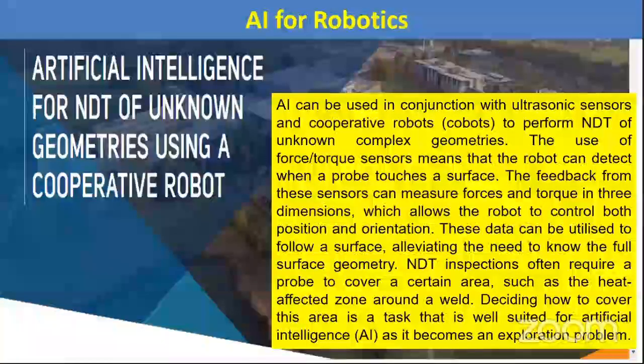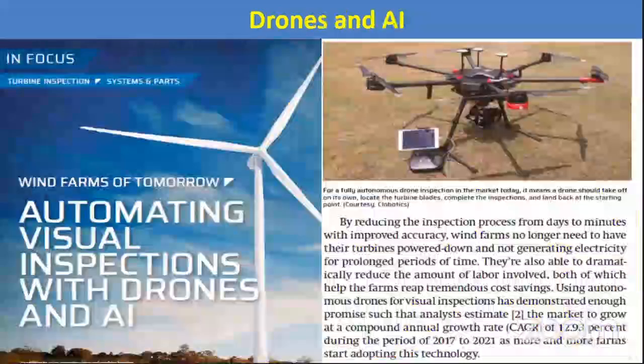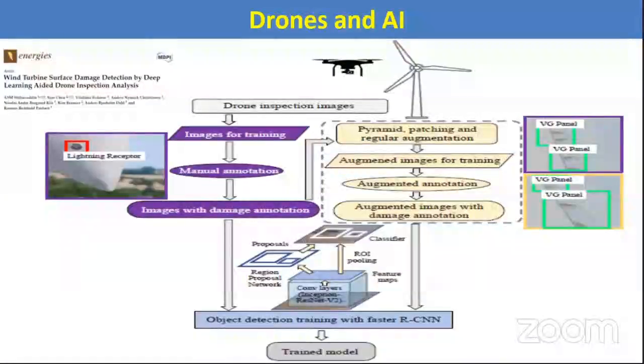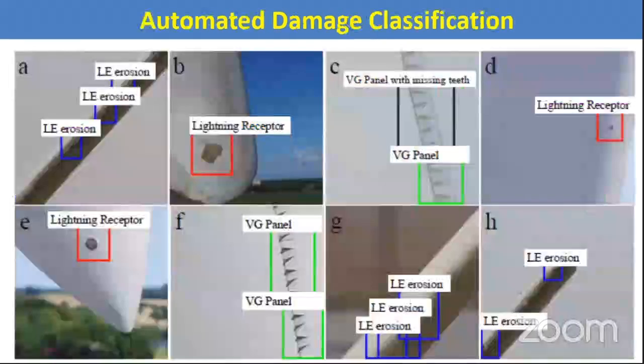And then, combining AI and robotics, today a robot can do its own path planning using AI and do the most effective inspection even on complex surfaces. And again, combining AI with drones, you can entirely automate the process of drone inspection, especially for things like wind turbines. And as you can see here, it is completely automated analysis, right from path planning of the drone to acquiring images, applying AI for damage detection, and giving you the final output.